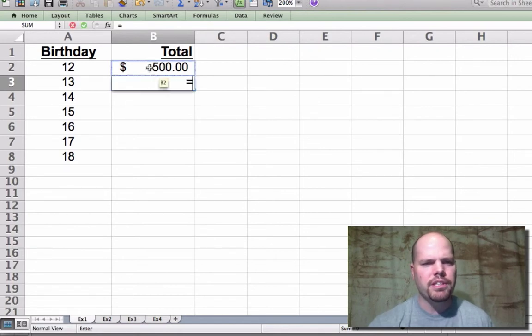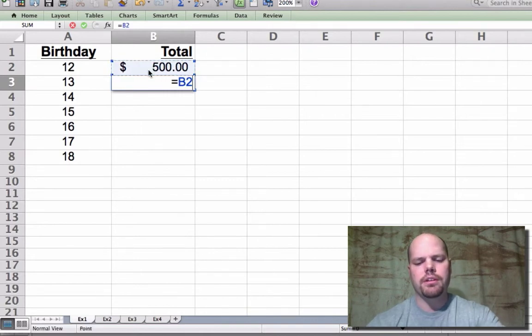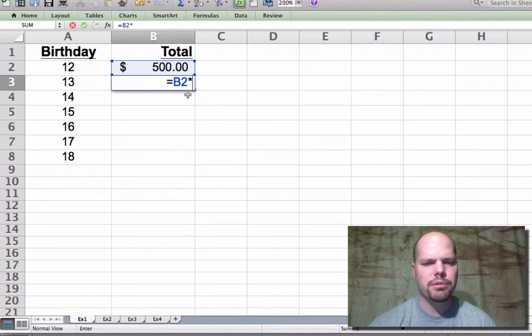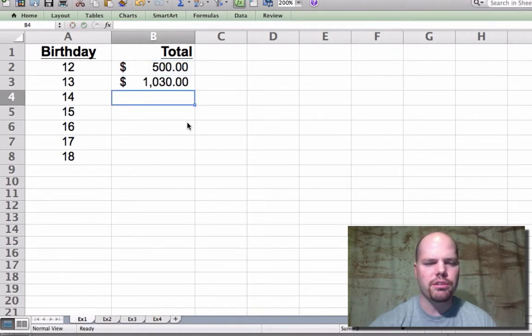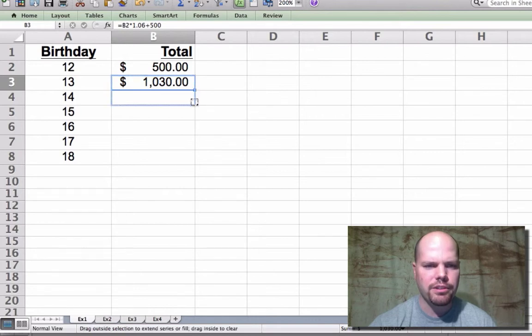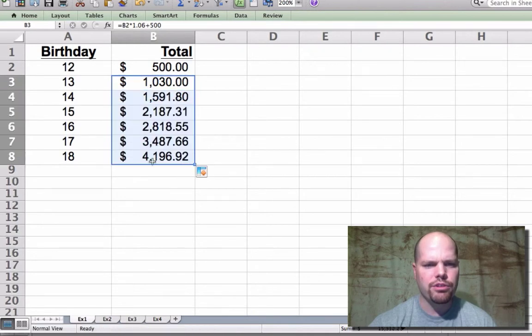Okay, then I want to take her $500 here and times it, times is the asterisk symbol, times it by the growth factor, which is 6%, so it'll be 1.06. And then after that, I want to add $500 more, so plus 500. Press enter, so that should be on the 13th birthday was 1,030, which we've seen before. Now, the thing that's nice about Excel is you can just drag the fill handle, so once it gets to the black cross there, drag that down to the 18th birthday, and it should be